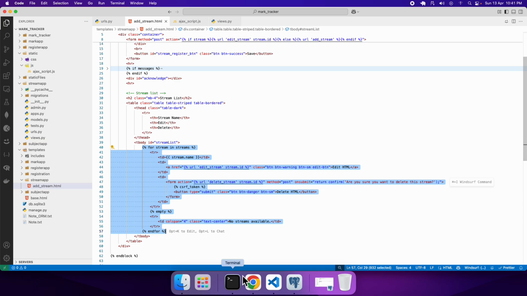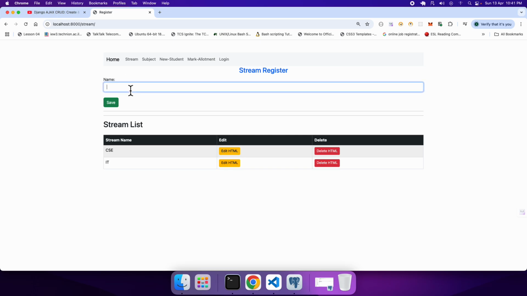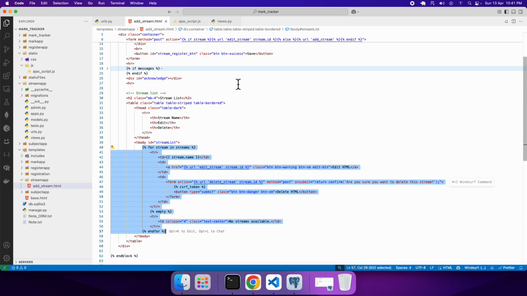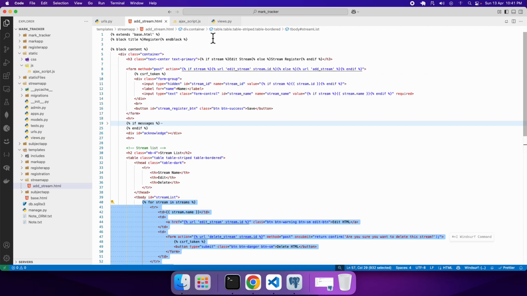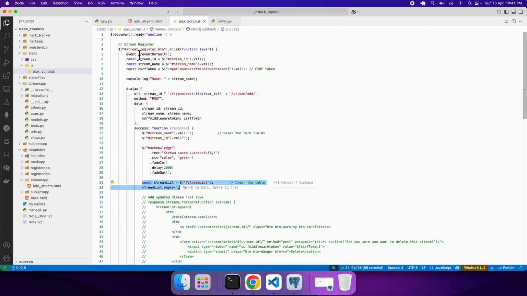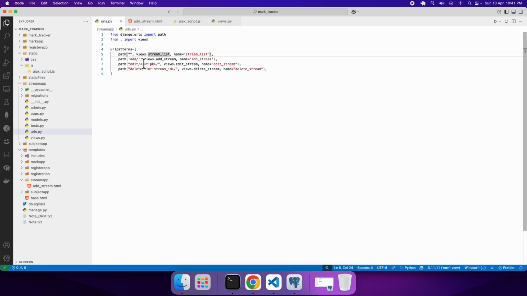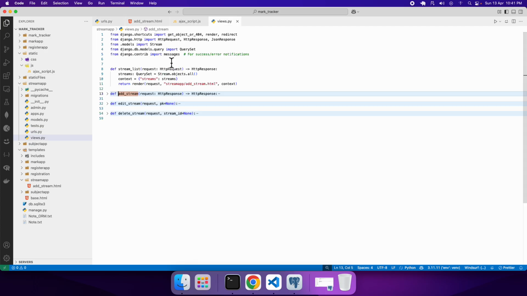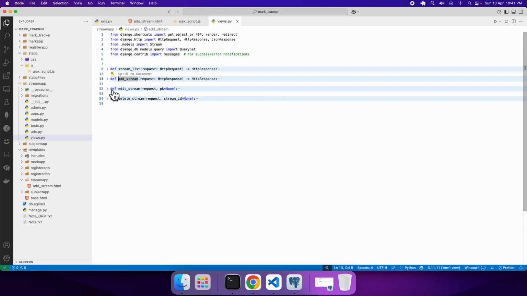But now comes a portion when you are going to insert data. Suppose I want to insert EEE, and what will I do? I will click on the button. The moment I click on the button, what happens? The moment you hit the button, this particular button has an ID, and then Ajax comes into the picture, and this whole stuff is going to work, right? And once this portion works, it will go to this particular endpoint. That means the URL will come right over here,